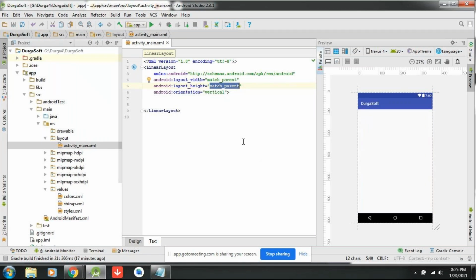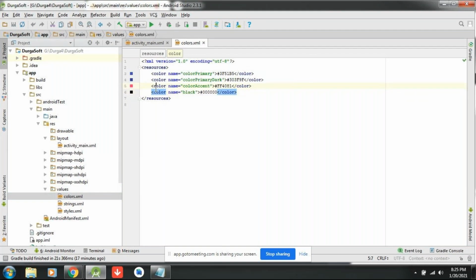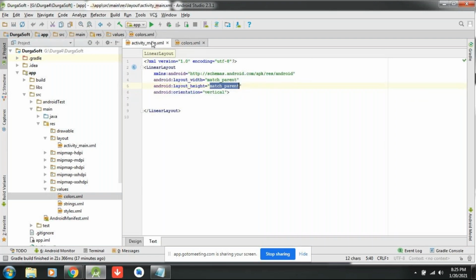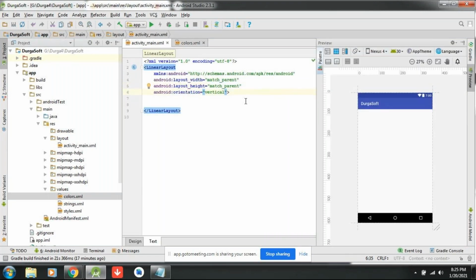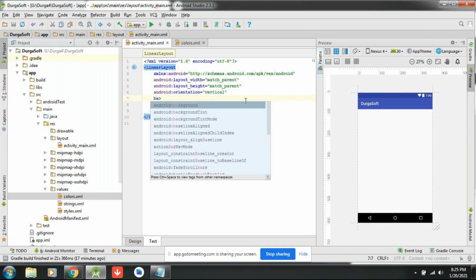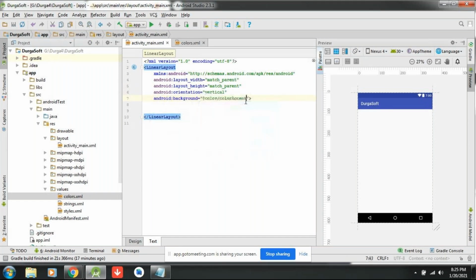Okay, so here I am unable to display for you because everything is coming in white. So in the values folder I have colors. I will utilize this color. What is this color? Color accent. Some color code is there, hexadecimal. This color accent I will append for my linear layout. How am I appending? Just check. Background, color accent. See, when I append some color, that means background. See, it is occupying entire width. It is occupying entire height.